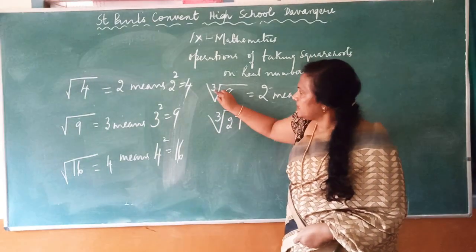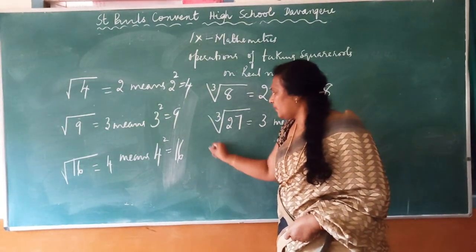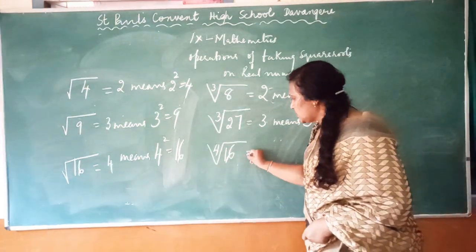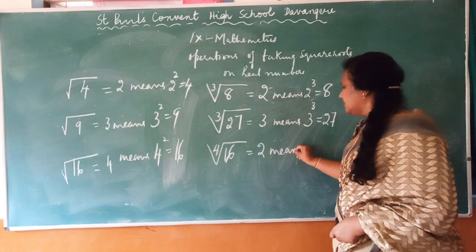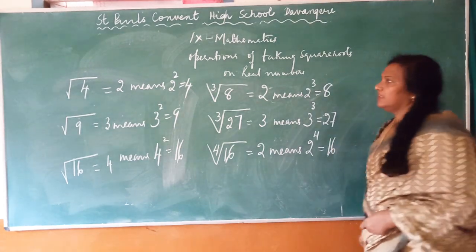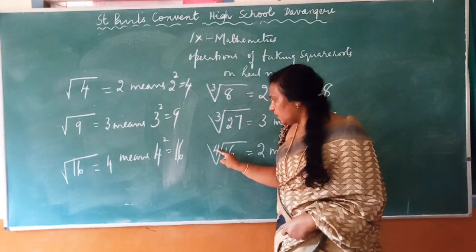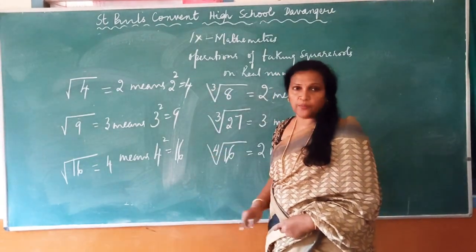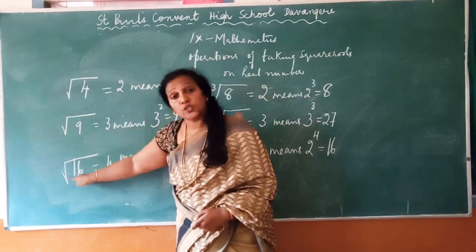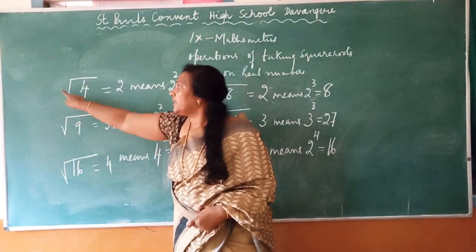See, what does this number denote? It denotes the order. So now let me take the order 4. 4th root of 16: the value of the 4th root of 16 is 2, which means 2 to the power of 4 is equal to 16. When you see the cube root, you can tell the order is 3. When you see the 4th root, you can say the order is 4. But what is the order in the square root? The order in the square root is 2. It is understood, so we are not writing 2 here. The square root itself shows the order is 2.